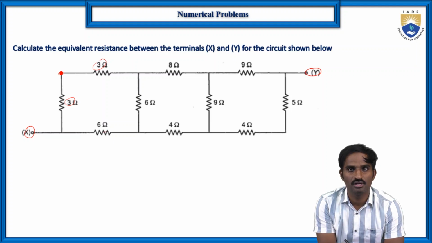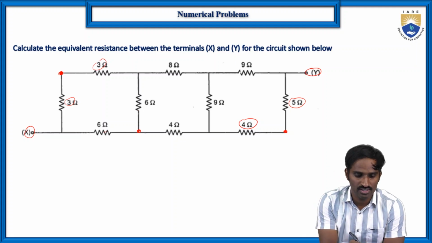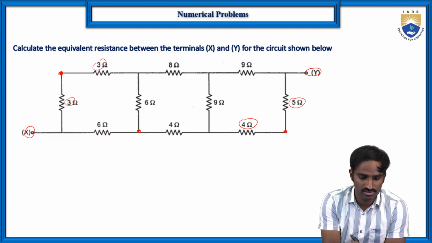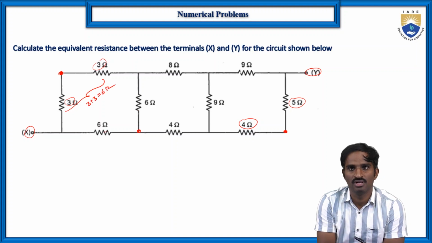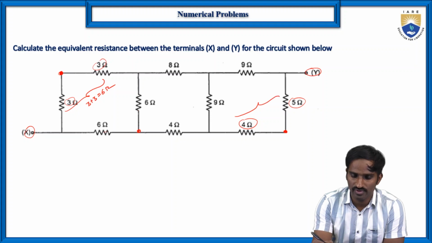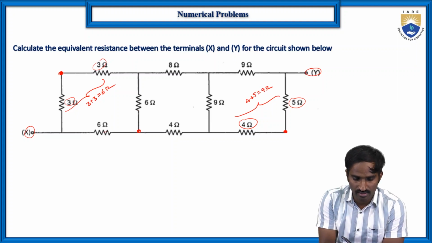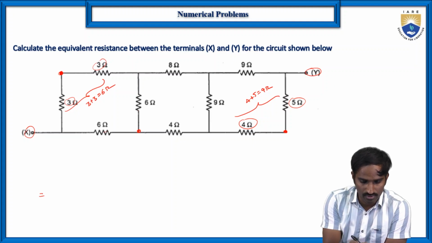Of course, these 6 and 6 have only one common node, but this common node is connected to the 4 ohms resistor. Similarly, these 4 ohms and 5 ohms have only one common node, and that common node is not shared with any other element. So these two are in series. This series combination can be replaced by 3 plus 3, which is equal to 6 ohms. Similarly, these two can be replaced with the equivalent resistance 4 plus 5, which is equal to 9 ohms. Right? Now let me draw the equivalent circuit